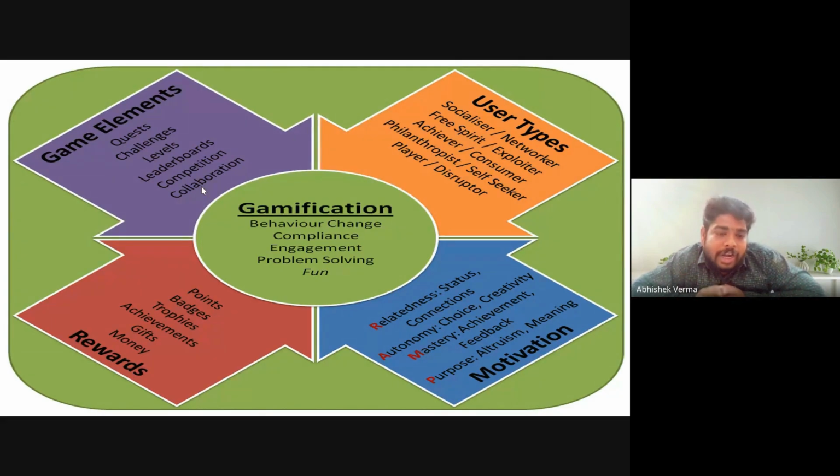And after you collect 10 or 15 badges, you give a type of trophy, or after you collect the trophies, then you give a big achievement. After that, you give a gift, which is not money, it's a type of relaxation, like you wear your own dresses in the classroom one day, or you are the monitor of the class on that day. If you add that type of activities to your lesson plan,